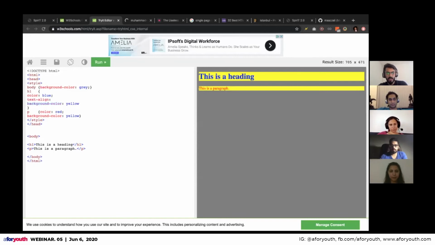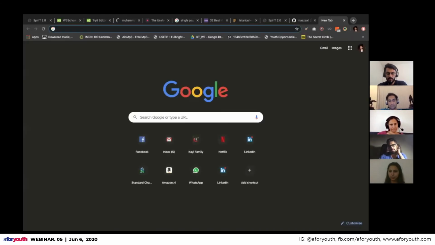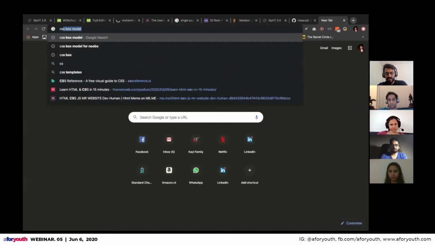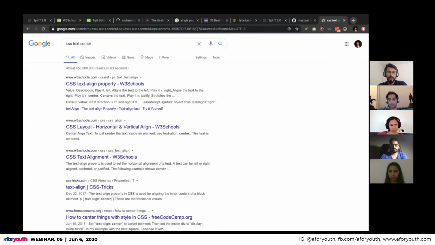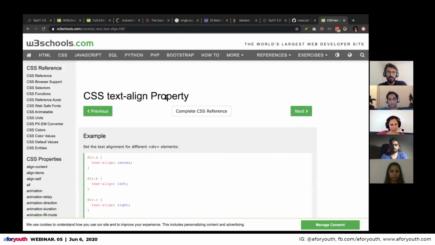We have a property called text-align, and we can do center here. This is a very simple thing. Or you can search CSS text center, and it will take you to this text-align property.